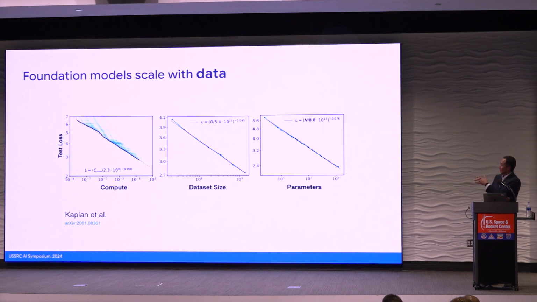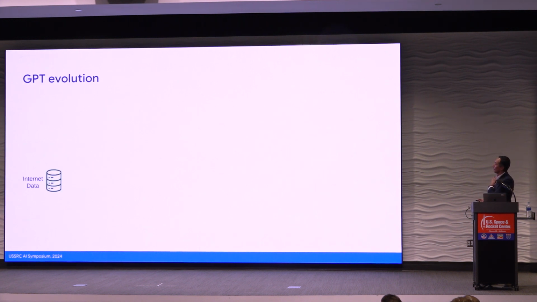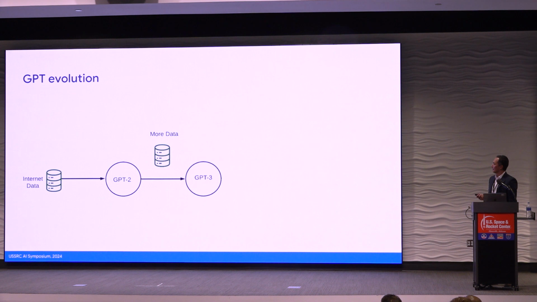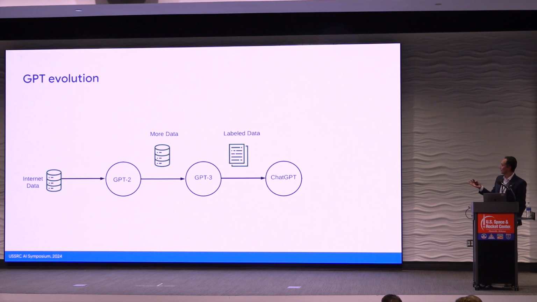This is a really nice paper by Kaplan, which says that foundation models or pre-trained large models scale very well with data and compute, which results in larger parameters. So let me show you an example. Everybody knows how GPT evolved. It was trained on everything on the internet, basically, so that's how GPT-2 came about. Then they added more data, and it became GPT-3. And they added label data to create ChatGPT. Label data here means this is based on a technique like reinforcement learning with human feedback. They added human feedback to it, and finally came up with